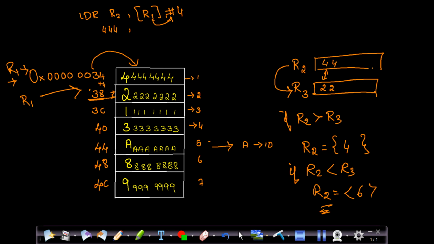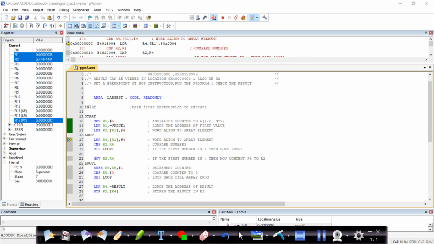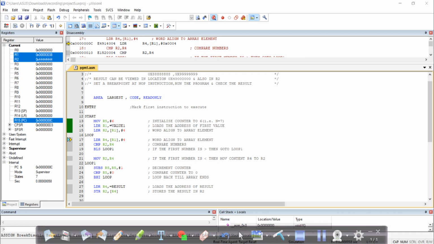Okay, so let's go back to the code and see. So my R2 value, as you can see, R2 is having 4 and R1 got incremented by 4 and it has 38 now. Next, LDR R4, R1.